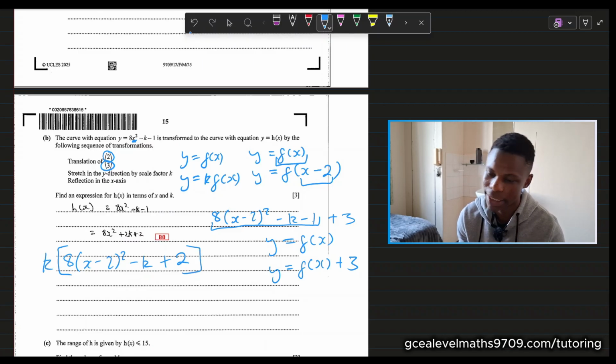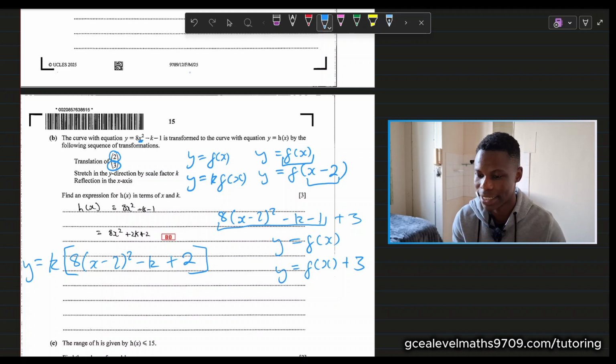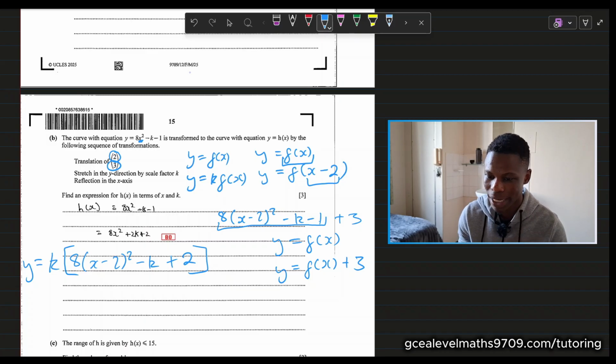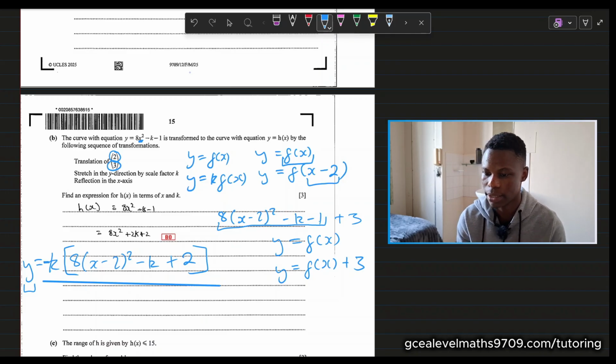And then reflection in the x-axis. Reflection in the x-axis simply makes your y values negative. So I'm being a bit lazy here because I'm not writing y equals. If you reflect something in the x-axis, you're just multiplying the y values by a negative sign. So if we are saying that y is equal to this whole thing, it means we have to make this whole thing negative. So you have to multiply this whole thing by a negative sign to reflect it in the x-axis. And so this here would be your